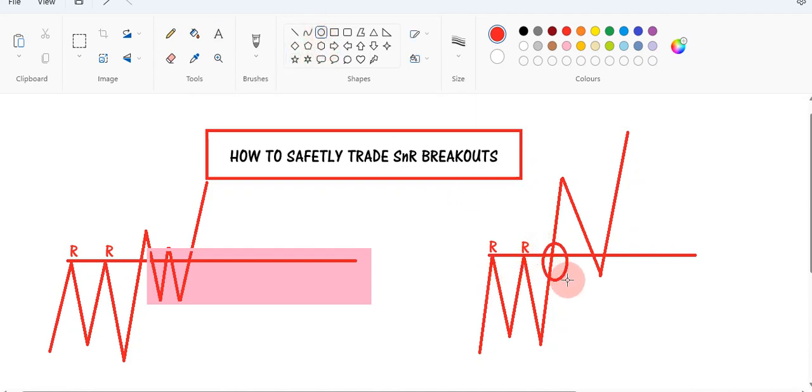So in this instance, this was the breakout point of these resistance levels. And here we've got this flag created. So let me explain a bit why I'm saying it's risky to just have